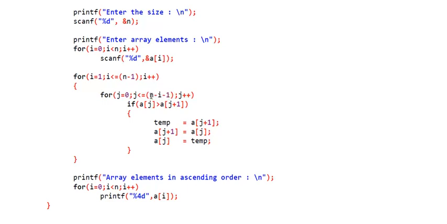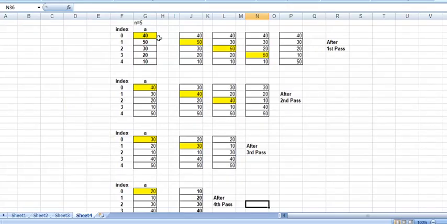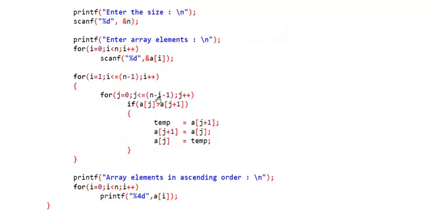So if you see, n minus I value is there, because with every new pass this iteration will reduce by 1. You can see here we had 4 iterations, here we have 3, 2 and 1. So that is achieved by having this n minus I minus 1.